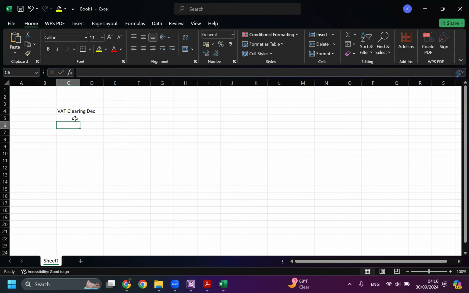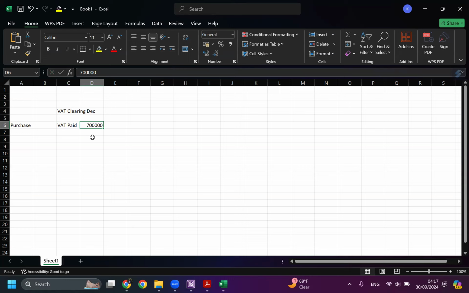Yeah, for VAT clearing December, we have VAT that already paid. Input tax, yeah, or perhaps this one is input tax, or which information we have before. Yeah, just use whatever terms that you already familiar. I will use VAT paid. It's related with our activity of purchase. When we buy something, we pay tax, but we pay it to a seller or vendor that we have.